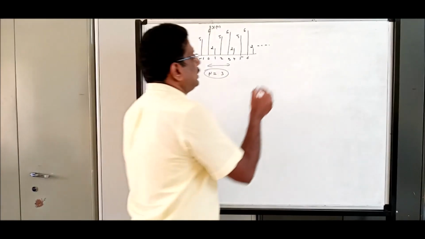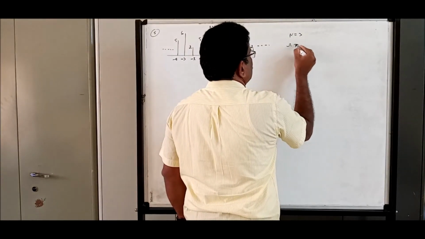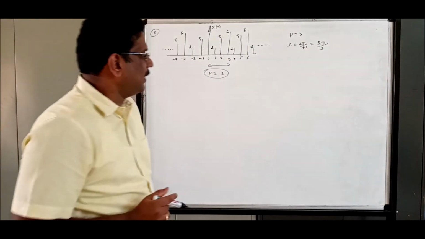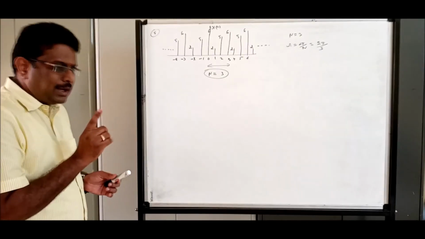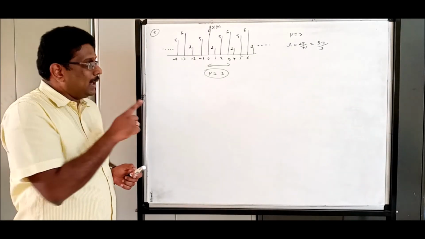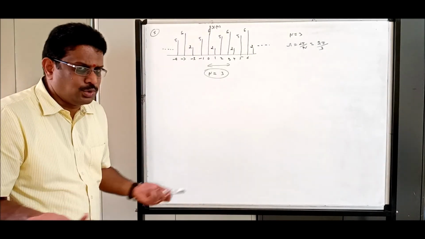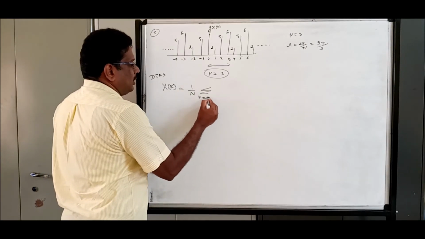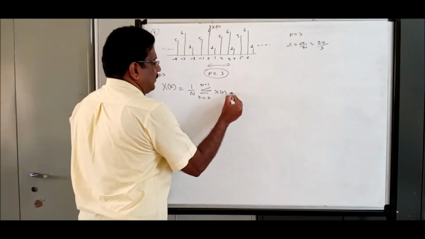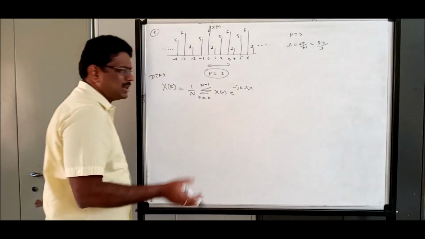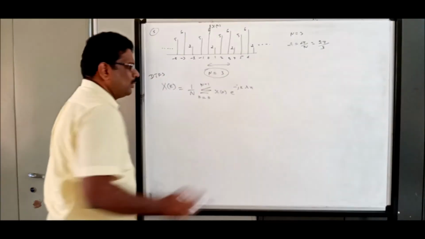Once you know N is equal to 3, immediately you should know what omega is. It's nothing but 2 pi by N, which is 2 pi by 3. Just I identify it. If it is sinusoidal, represented in terms of e power j, e power minus j, identify the coefficients. This is not sinusoidal, this is sketching, so direct substitution, no other choice. Now, what is your DTFS formula? X of k equals 1 by N, summation k equal to 0 to N minus 1, x of n e power minus j k omega n. Some people will say omega not, everything is one and the same, it is just a symbol, so let us not bother about it.